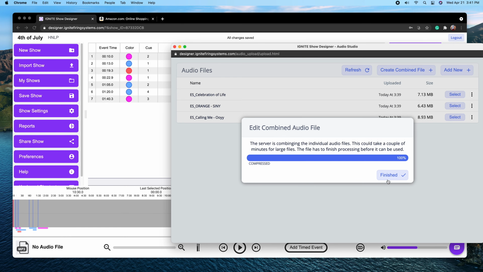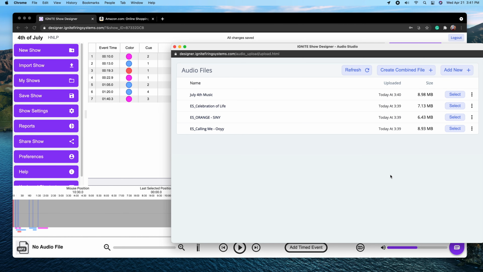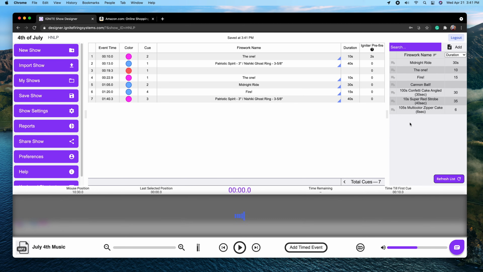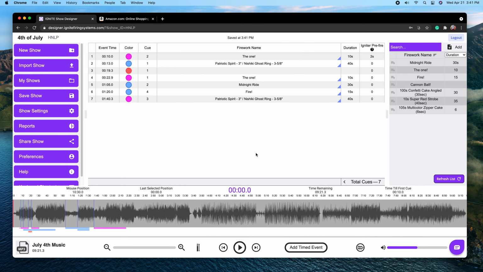Excellent. Now that you've uploaded MP3 files and created an audio soundtrack, let's go ahead and select the soundtrack for your show. To do this, simply click the Select button next to the desired audio file or soundtrack. Once selected, the audio file will load into the show and display in the audio waveform at the bottom of your screen. You can now use the waveform to play your show and watch the events fire at the desired times.